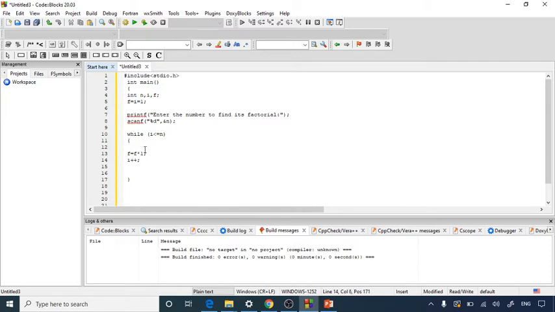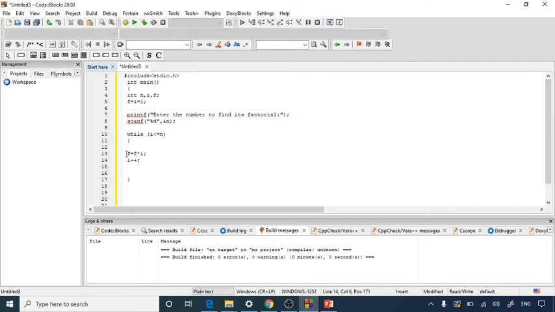As per the syntax, we start the factorial multiplication from 1, so it will be 1 into i. And then after doing this we have to update the operator, that's what we have written here, i plus plus.